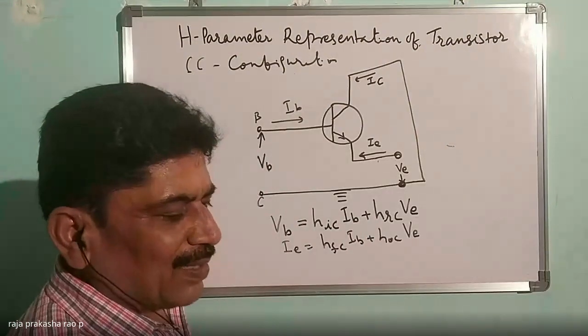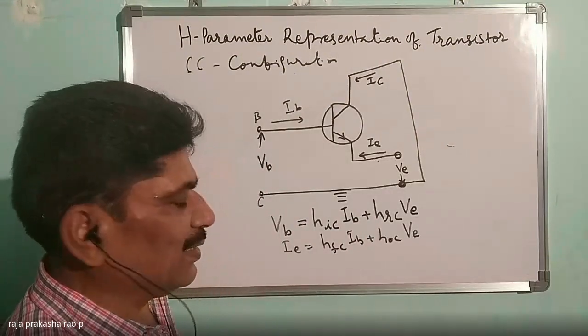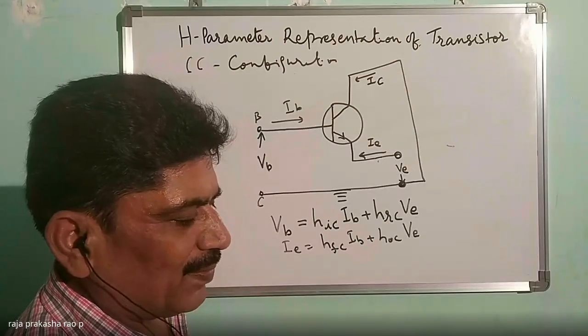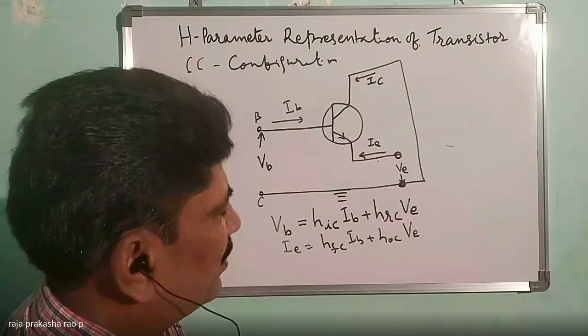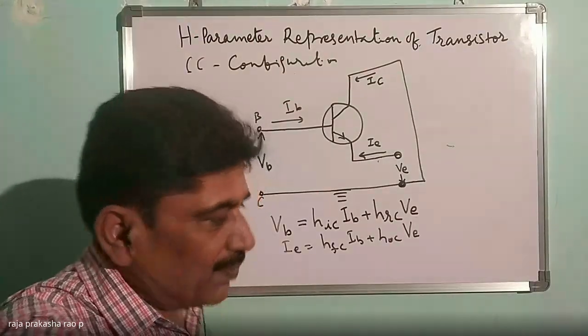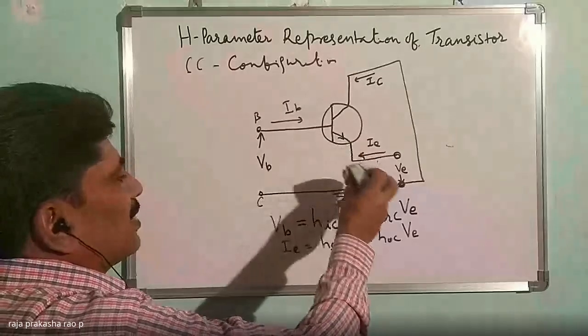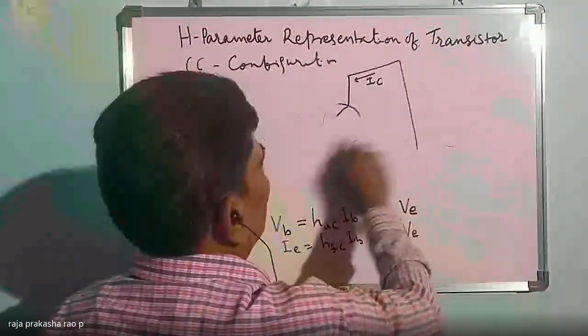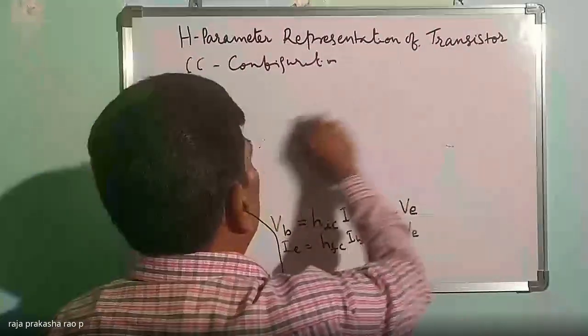In the previous diagram, just replace E by C. Is it not? Is it right or wrong? Yes, sir. Okay, I will draw the circuit. Why confuse you? I will just draw the circuit based on these two equations.